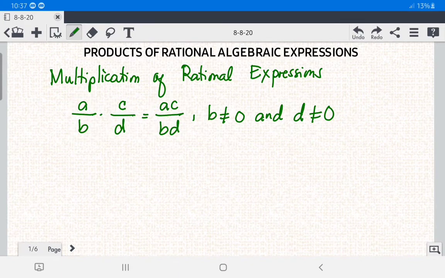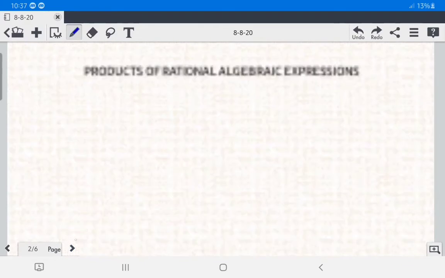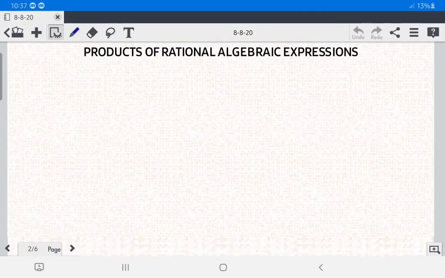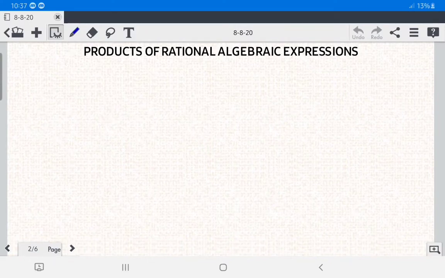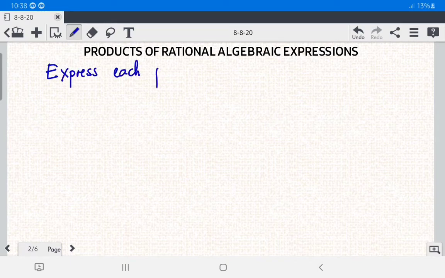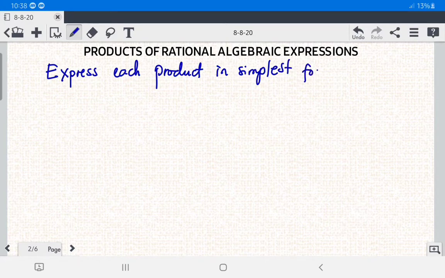Okay, so let us have now an example. Let's say we have number 1. Let us express each product in simplest form. Let's say number 1, we have 6 over 5x, and then times 3x over